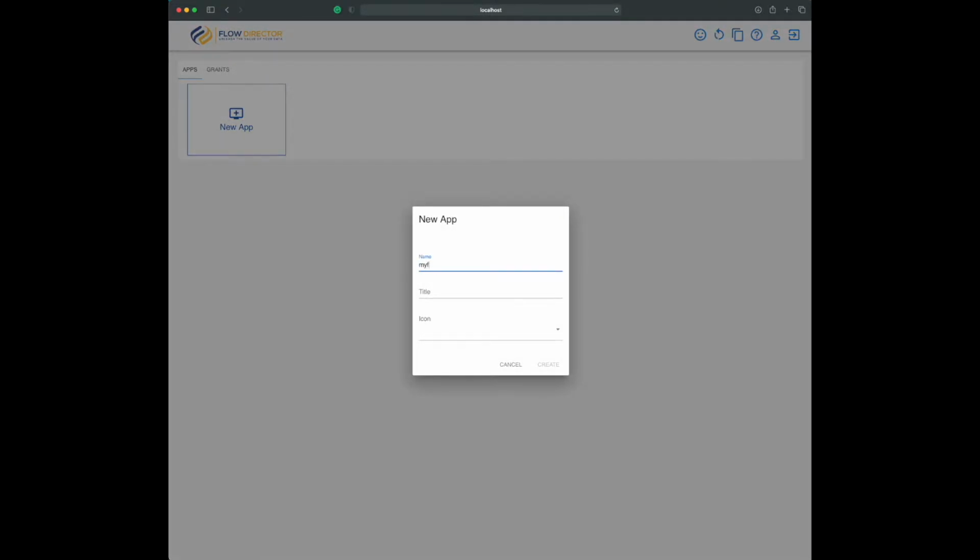Give it a name, My First App, a title, My First App, and choose an icon. Then hit Create. The app is now being created